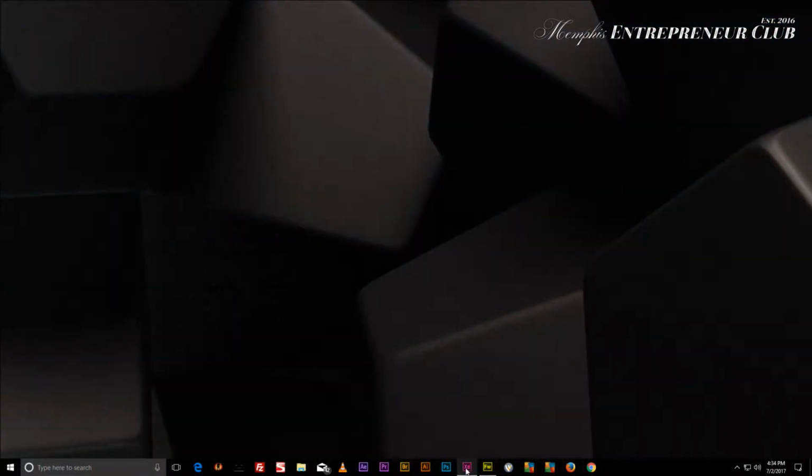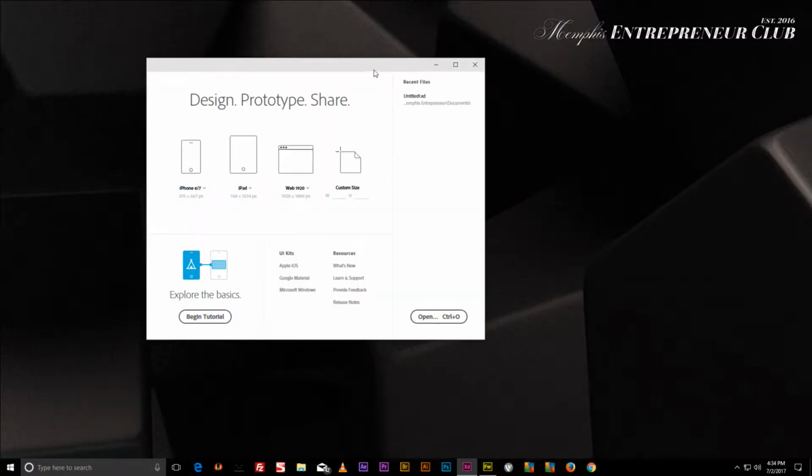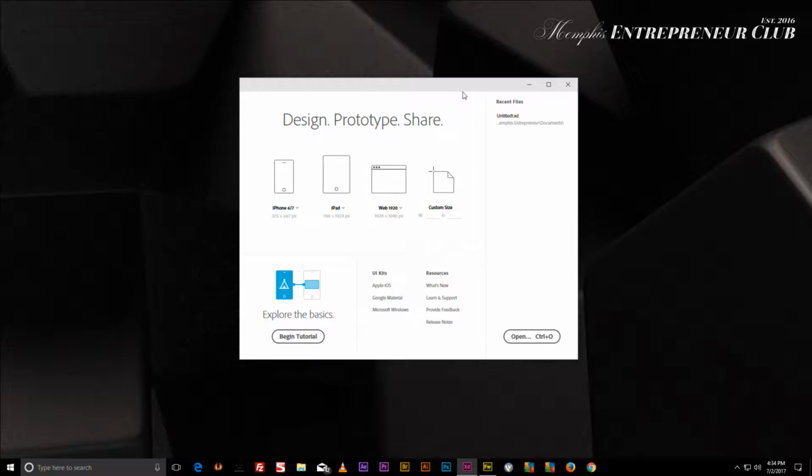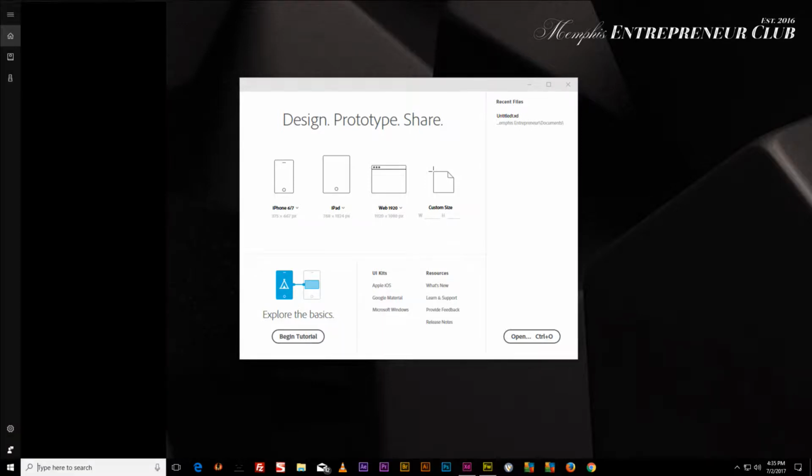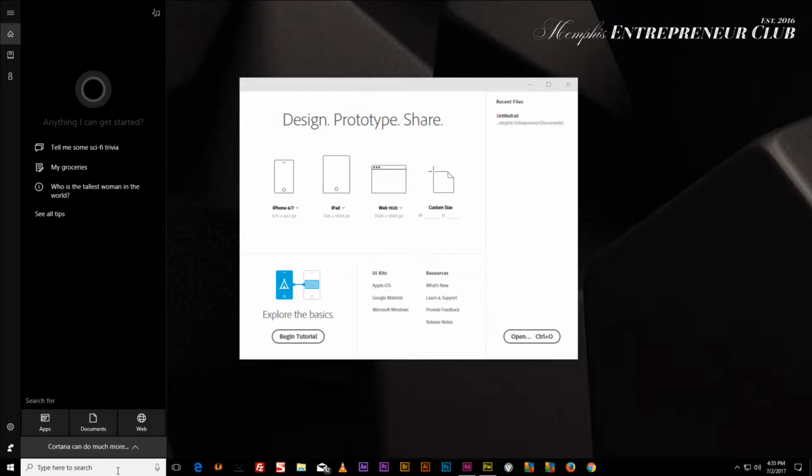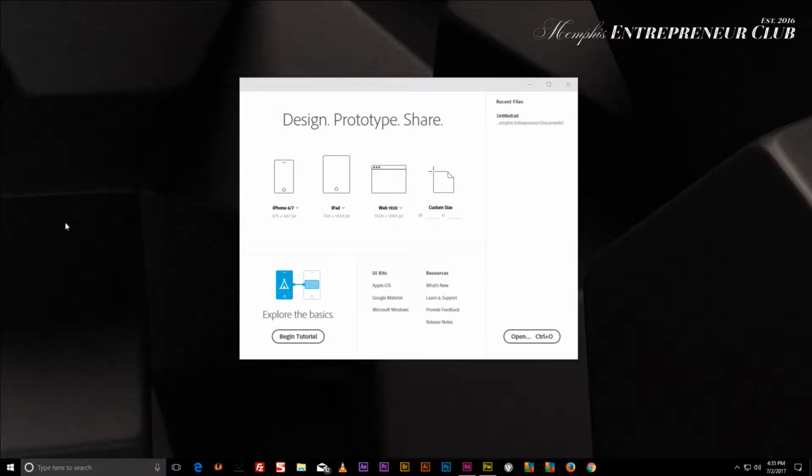So Adobe Experience Design. I'm going to close this and open up a new Experience Design document. Now, to access Experience Design, you can download the Adobe Creative Cloud subscription, and inside of that subscription you'll be able to access the beta for Adobe Experience Design. Now, there's also Sketch and a couple of other programs that you can use to mock up different apps. But let's go ahead and open Creative Cloud so that I can show you exactly where this is, along with